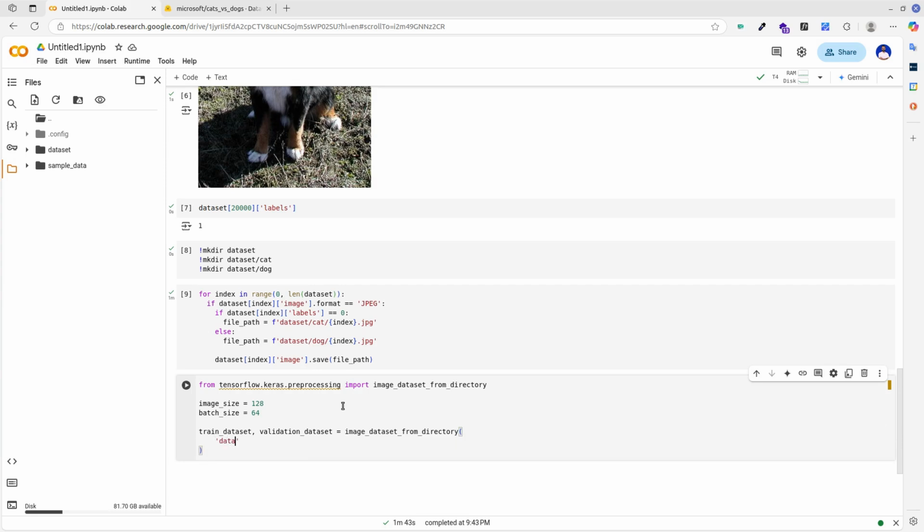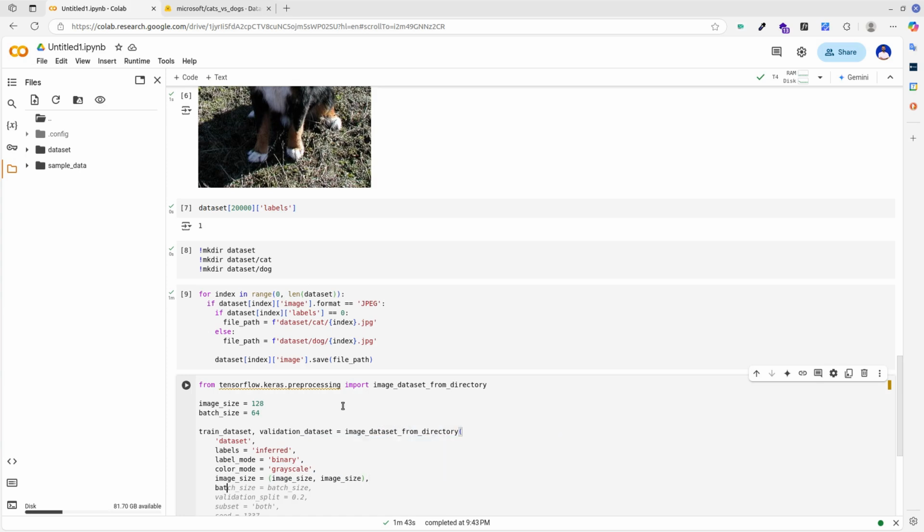To use this function, we'll start by passing the path to our dataset folder, and we'll say that we want the labels to automatically be inferred from the folder structure and that the label mode is binary. Then, we'll specify that the images should be converted to grayscale and resized to 128 of width and 128 of height.